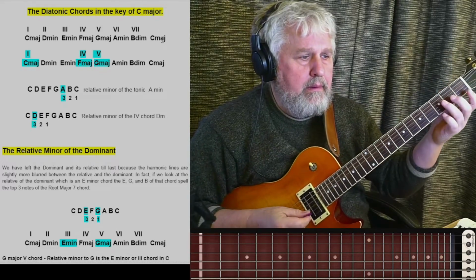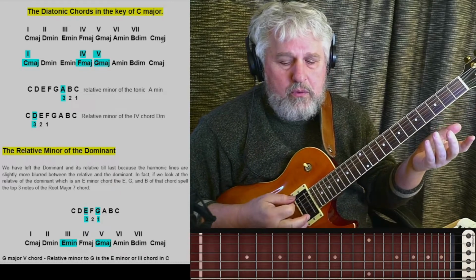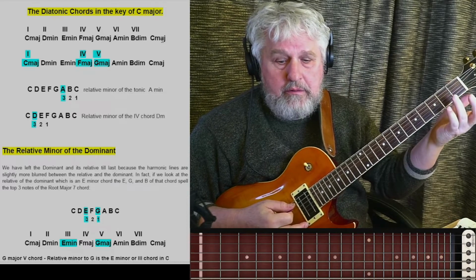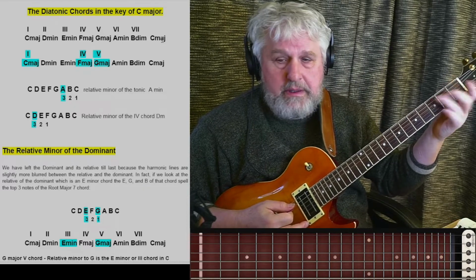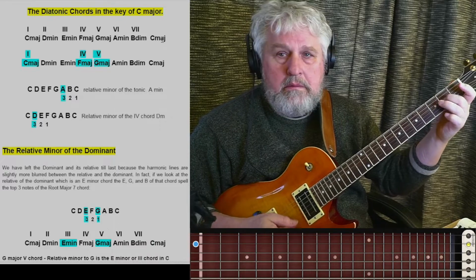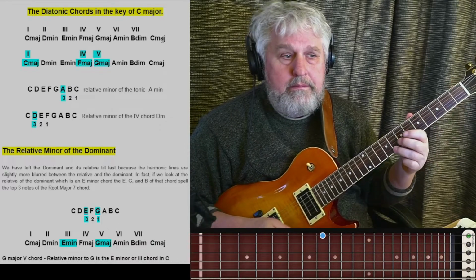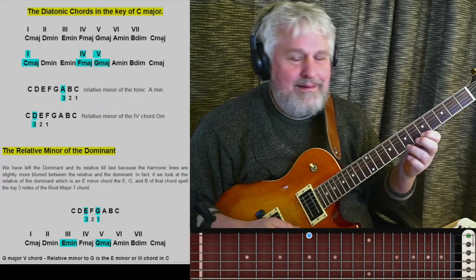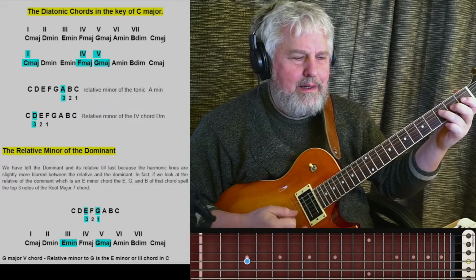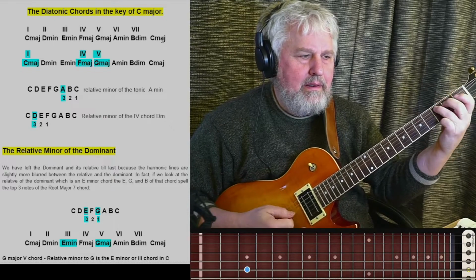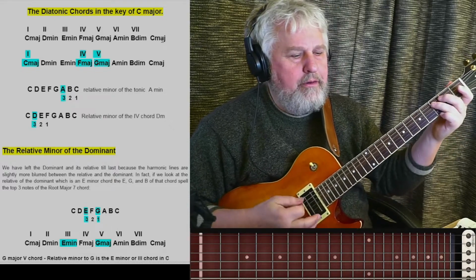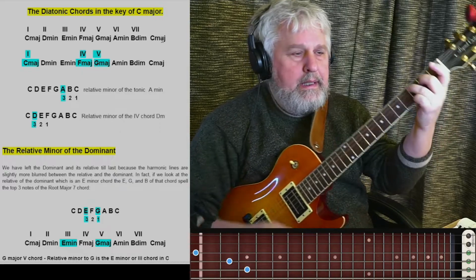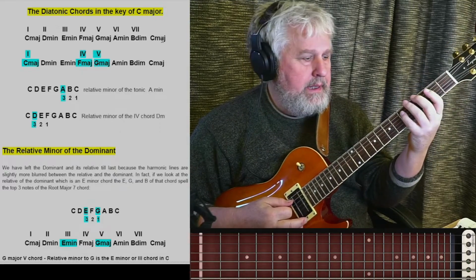If we take a look at the C major scale, I've just written this out in letters. The first chord is a C major chord. It's made up of C, E, and G out of the scale of C. Okay, scale of C. And if I take the 1, the 3, and the 5, I have a C chord. And then if I work my way up the scale,